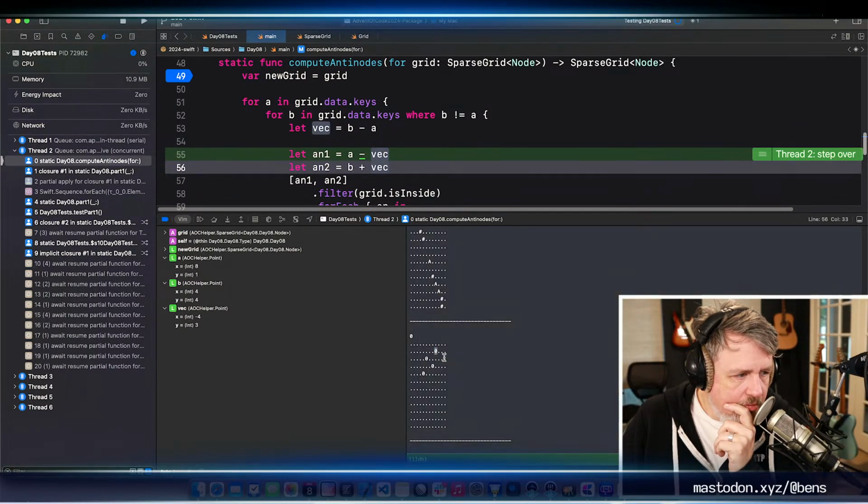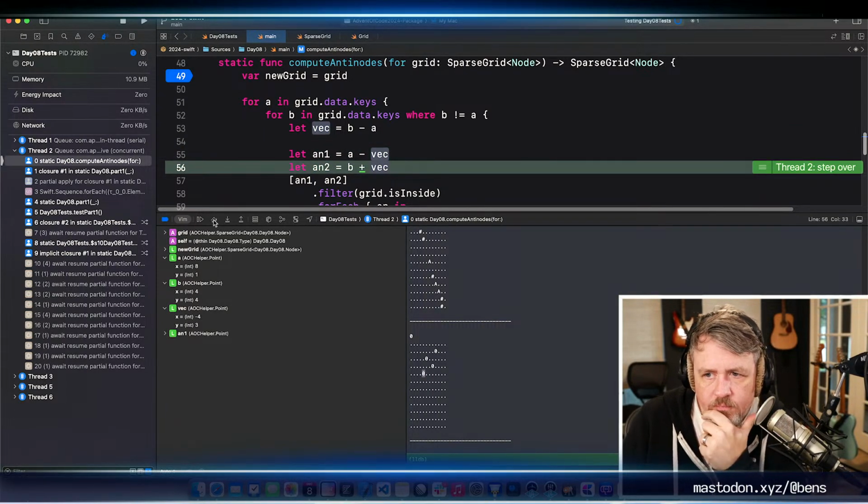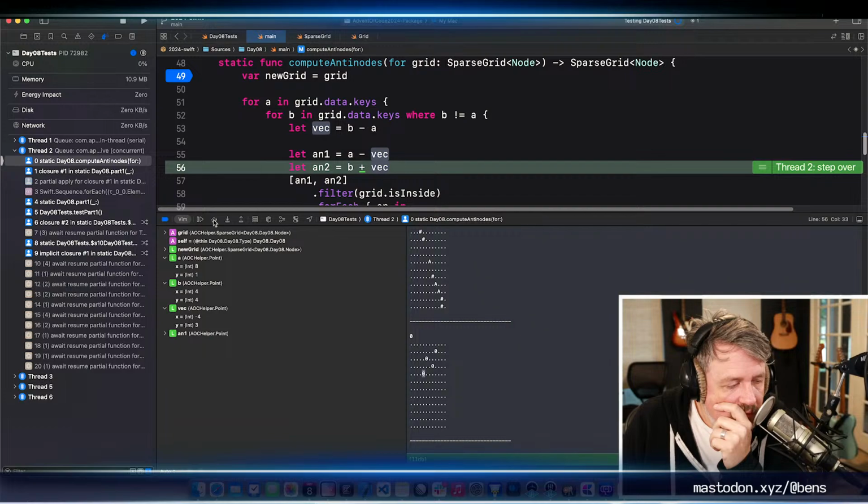So we're looking at this one for A. B is 4, 4. It's 1, 2, 3, 4. That's this one. So to go from here to here, I need to add 3 to Y and subtract 4, and that's correct. So AN1 is 12 and negative 2.